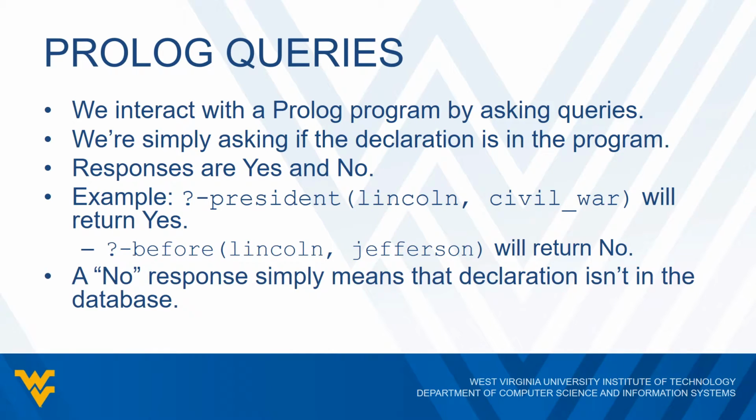When we say no, it just simply means that the declaration is not in the database. I mean, sure enough, Lincoln was not president before Jefferson. We know that that's not true. But if we were to put this declaration in the program, then this would say yes. So what these queries are doing is simply checking: is this declaration in the program, yes